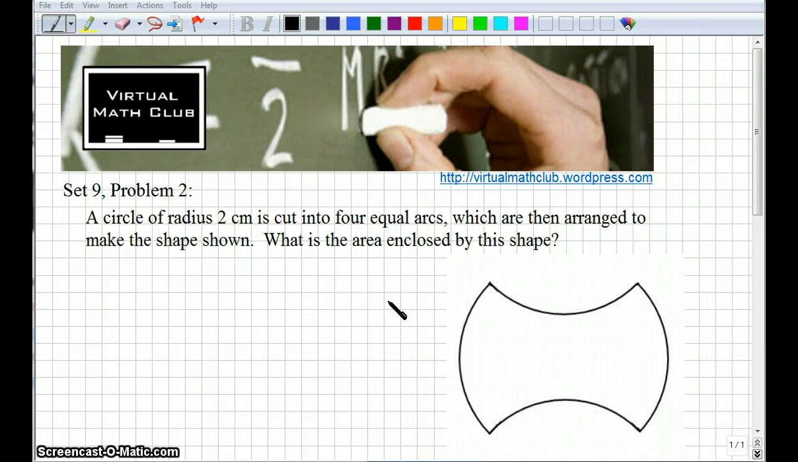Problem number 2, we have a circle of radius 2 centimeters, which is cut into 4 equal arcs, and then those arcs are arranged to make this nice little bow tie looking shape. And the question asks, what's the area enclosed by this shape? Okay? So my hint to you would be to look at this shape, figure out what you know about it,